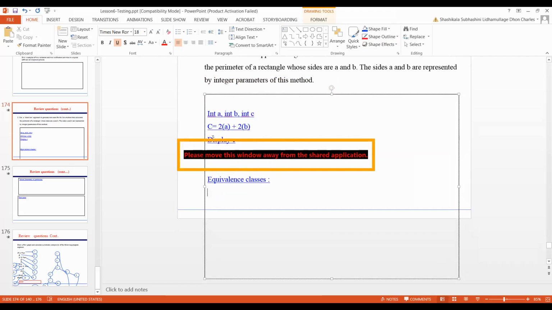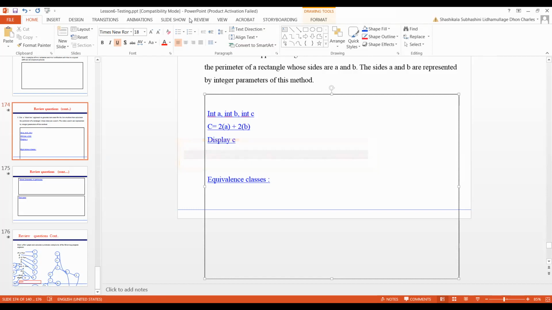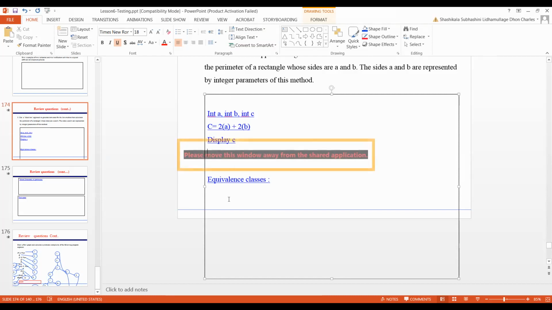I think you all can see my screen. Can you see my screen? Yes.